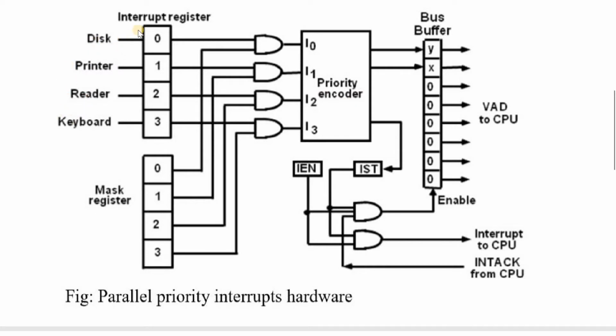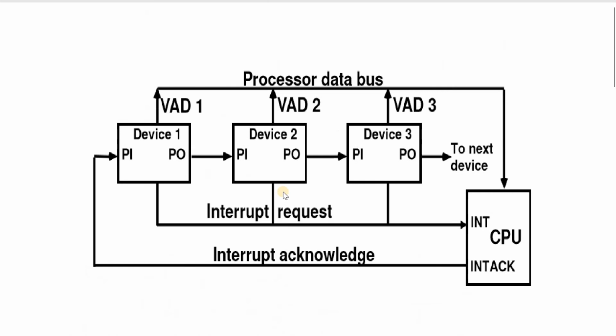In this case, we have an interrupt register and a mask register. With the help of the mask register, we are going to mask all the binary values. Before explaining this concept of parallel priority interrupts, let us see the previous case. That means this is the daisy chain priority